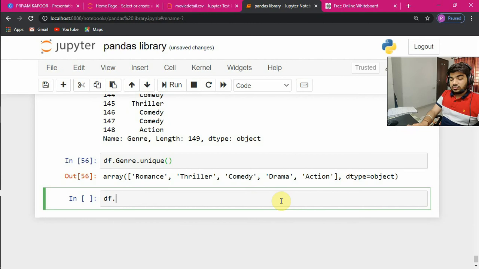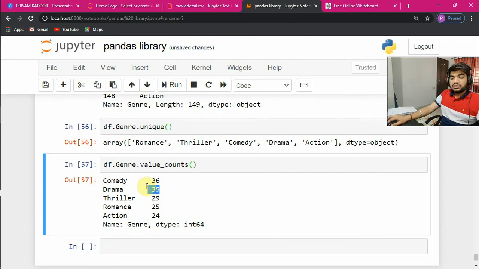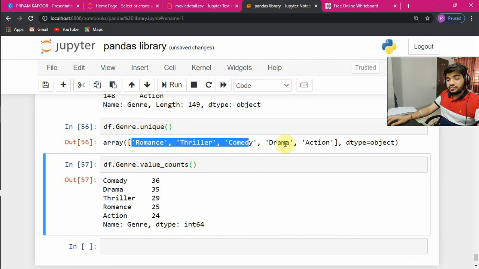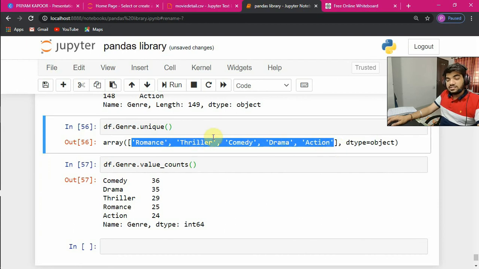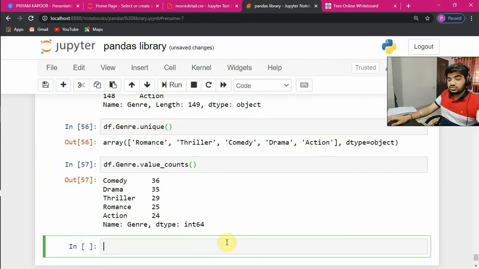And let's say df.genre.value_counts, so this will give me the count of all the unique values. So let's do one thing. Let us split the data frame into five different data frames, which are going to be romance, thriller, comedy, drama, and action. It's going to be easy.